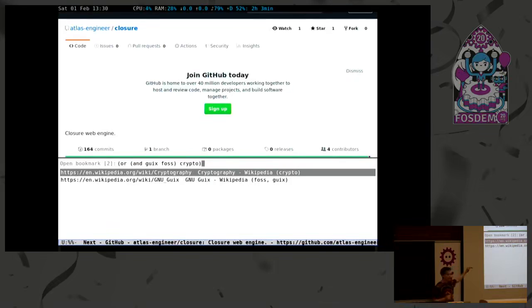One that has FOSDEM gigs, the other one has crypto. So imagine you have thousands of bookmarks. You can have extremely powerful tag matching from within a browser.